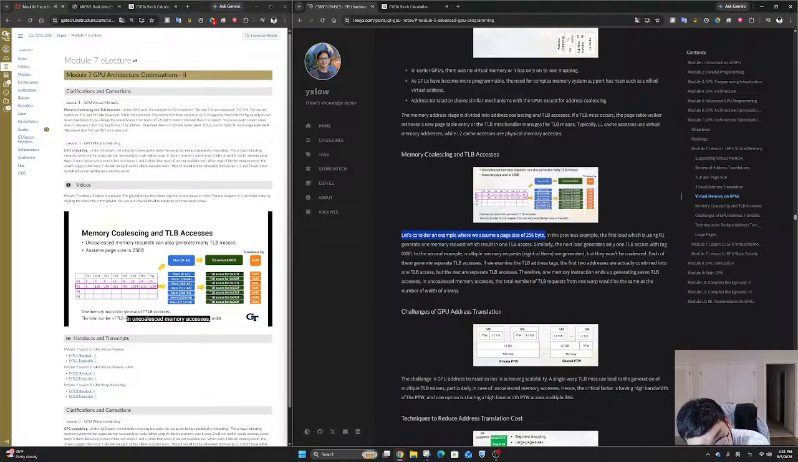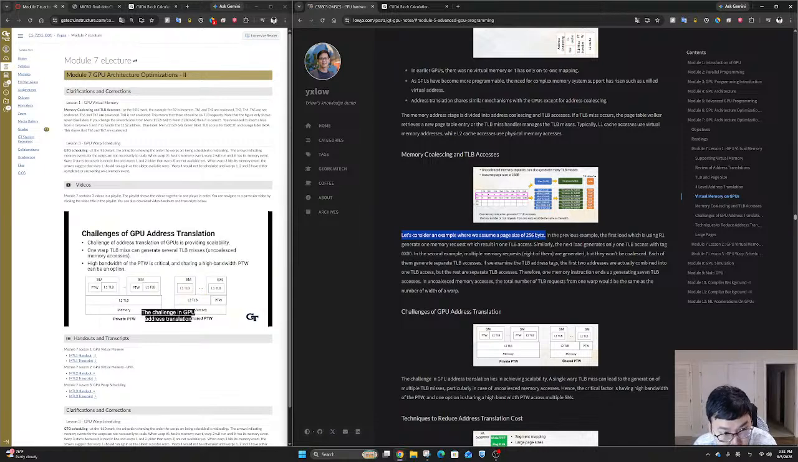In uncoalesced memory accesses, the total number of TLB requests from one warp would be the same as the width of a warp. The challenge in GPU address translation lies in achieving scalability. A single warp TLB miss can lead to the generation of multiple TLB misses, particularly in the case of uncoalesced memory accesses. Hence, the critical factor is having high bandwidth of the PTW, and one option is sharing a high bandwidth